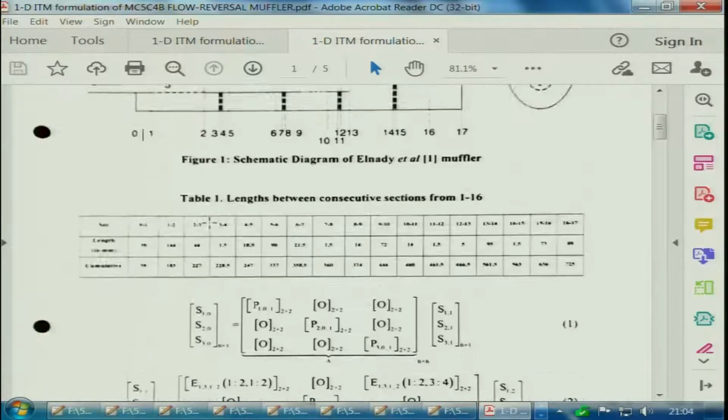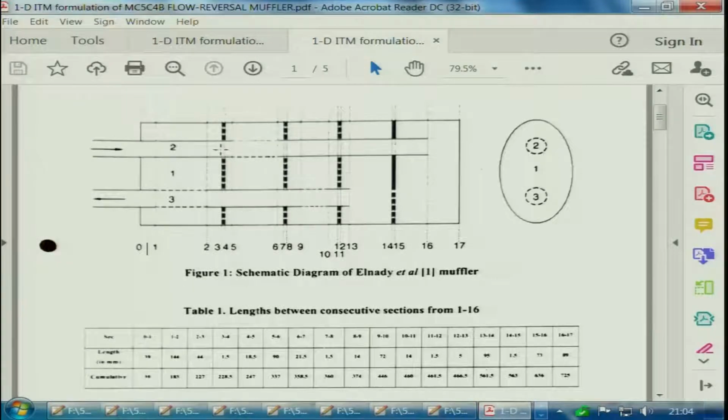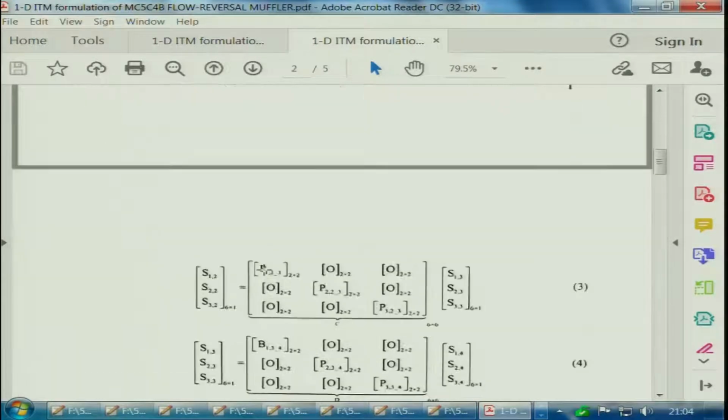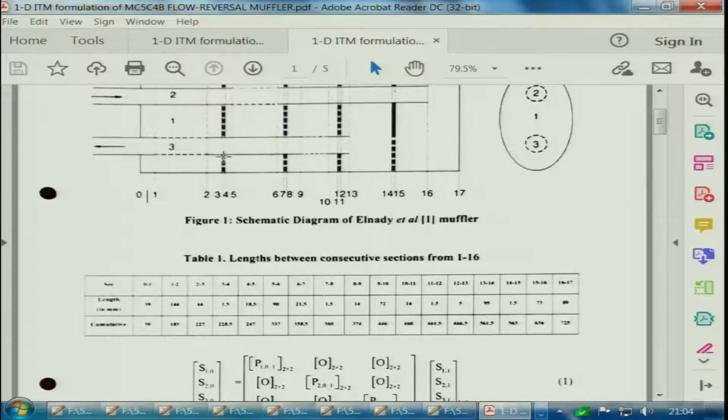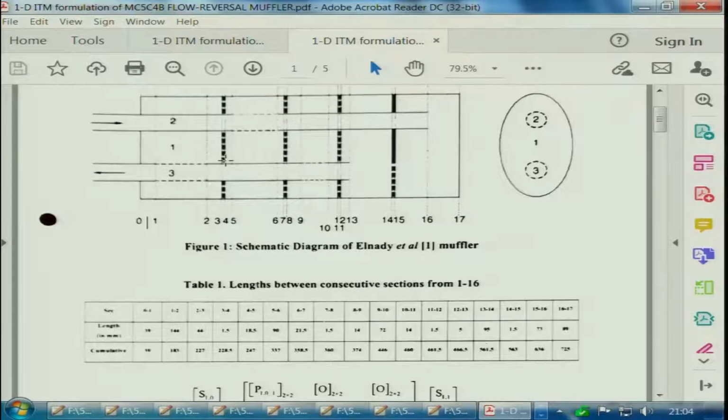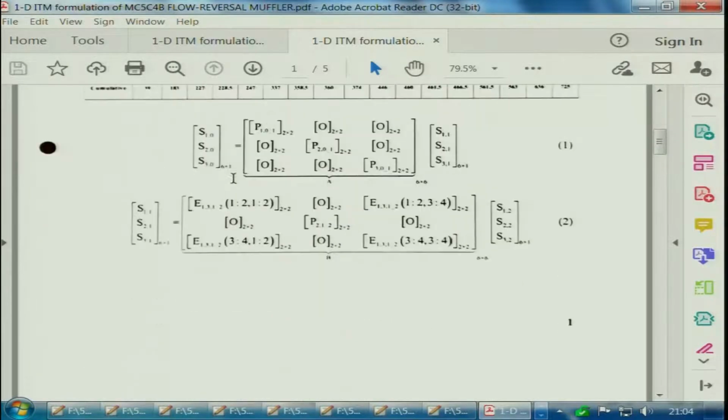Similarly, now we come to section 2 to 3. There is still no problem, in the sense that you have tubular elements here, here, here, so it is again a diagonal matrix. But now comes an important part when you go from 3 to 4. Now you have a vertical baffle. In the presence of mean flow, this vertical baffle will also have its own effect in raising the dissipative troughs, and that is very important. Because you have a non-zero dissipative part, it will help in raising the troughs.